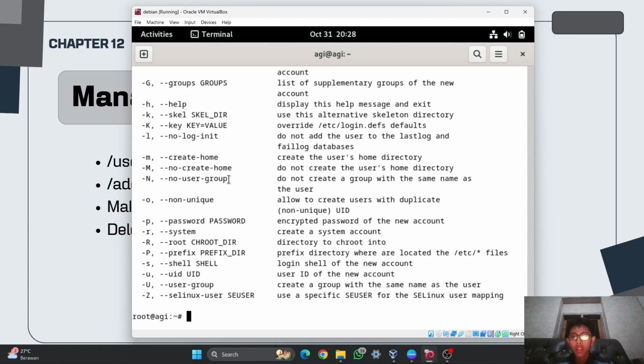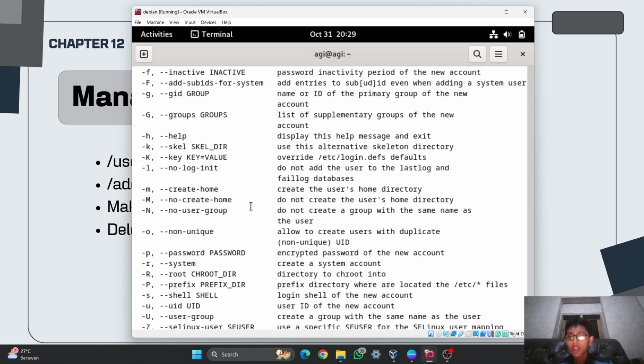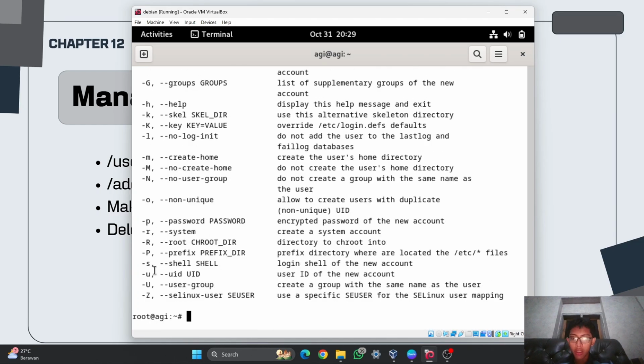And I will also use -s. So when I create the user, it will log in to the shell of /bin/bash, not /bin/sh.